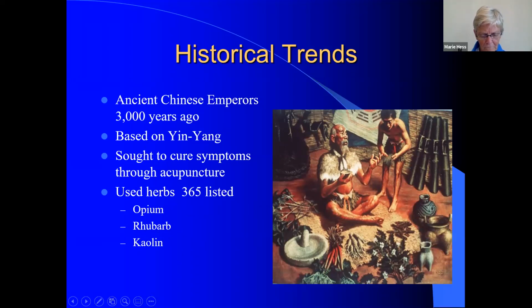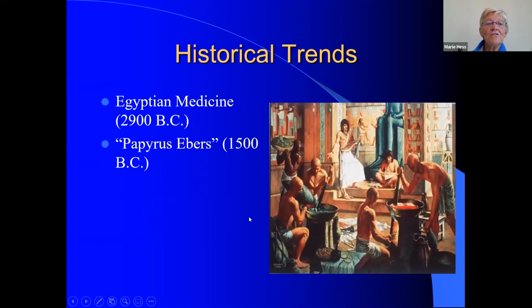And you can see there he had Ma Huang. That's what that is. And the other name for that is ephedra, which we now call epinephrine. So it was like a stimulant. The Egyptian medicine, 2900 BC,